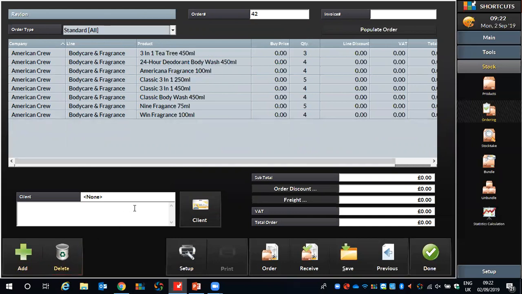And it is as simple as that, ladies and gents. Now, let's say you wanted to go back and have another look at this. We have a save button right down the bottom of our navigation bar. If we wanted to, we could order this. So if I click the order button,